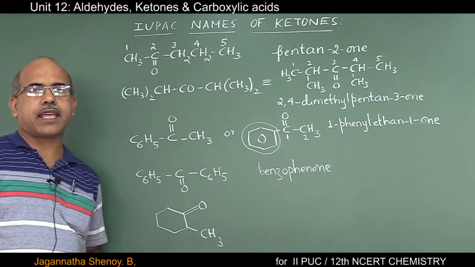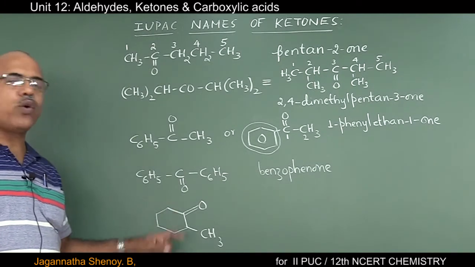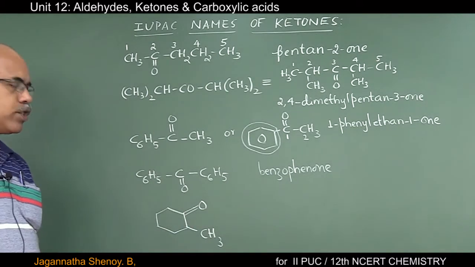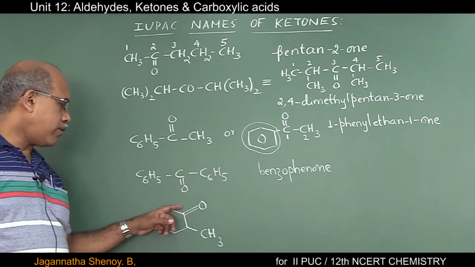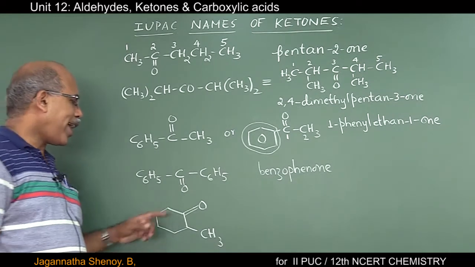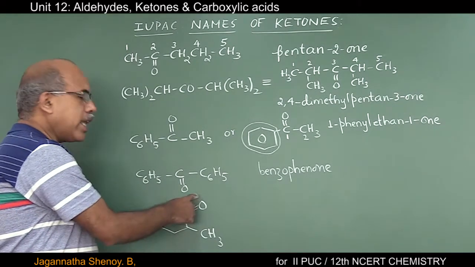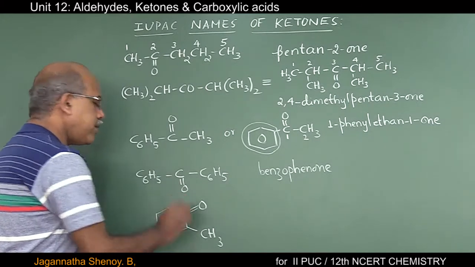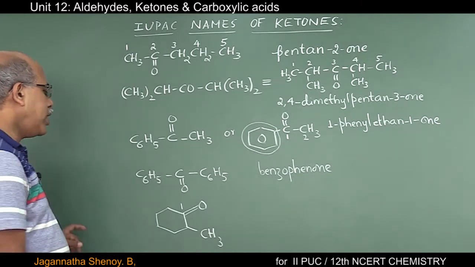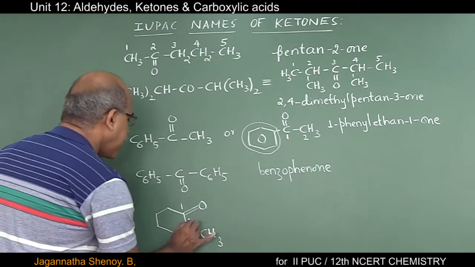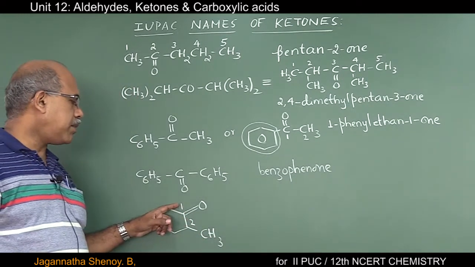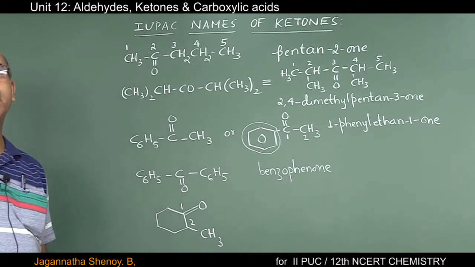And in the next case, you see this is a cyclohexane. Cyclohexane contains the principal functional group, the ketonic group. That is why I have to consider cyclohexane as the parent hydrocarbon. And you know, the carbon atom involved in the principal functional group should be numbered 1. And then I have to follow the lowest sum rule. In other words, I have to start numbering in the clockwise direction. So this has to be carbon atom number 2. So this is carbon atom number 1, the other one is carbon atom number 2.